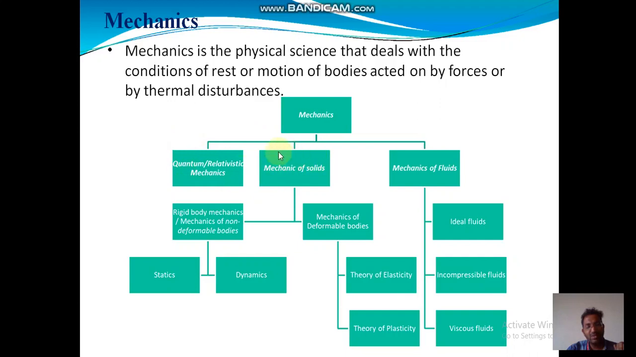One is quantum mechanics, solid mechanics, and the next one is fluid mechanics. Mechanics of solids is divided into non-deformable bodies and deformable bodies. In the syllabus we have the non-deformable bodies, that is statics and dynamics, and for the deformable bodies, theory of elasticity and theories of plasticity. This completely comes in higher education, and fluid mechanics is completely a different subject. And the next one,